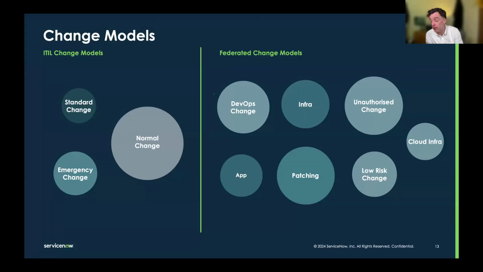We gave the example of low risk change, so stuff that doesn't really fit in the standard change box, but normal change is really heavy handed for. So that's another example of where that happens. So are there metrics or measurements to determine between what a low risk and normal change is, and guidelines around that?